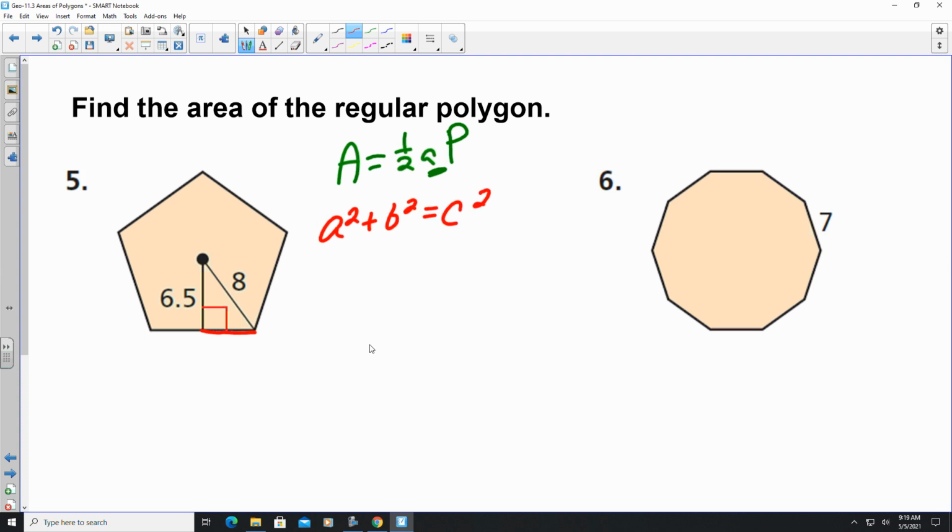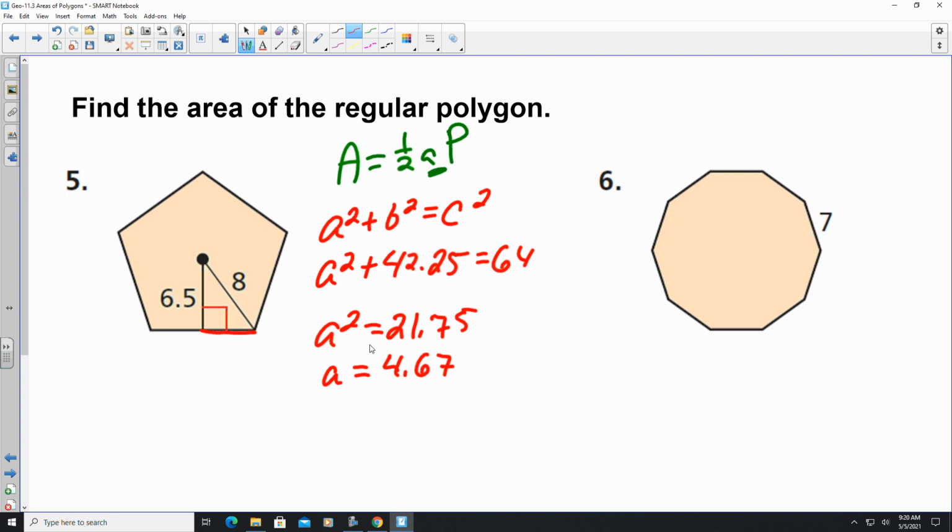Let's say we don't know what A is, but we know that B squared is 6.5 squared, which is 42.25, and 8 squared is 64 because that's the hypotenuse. So I'll subtract that 42.25, which gets us 21.75, which means that A is going to be